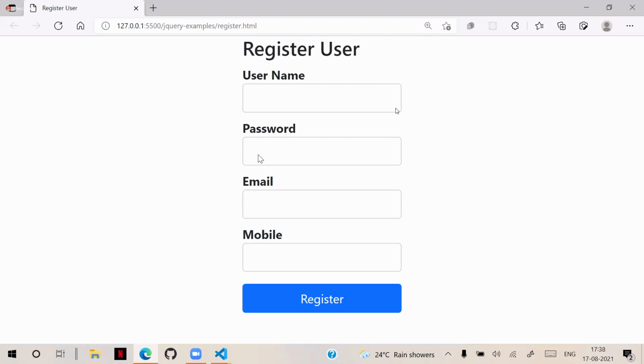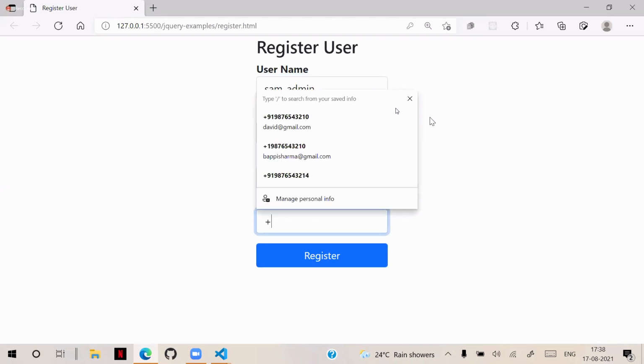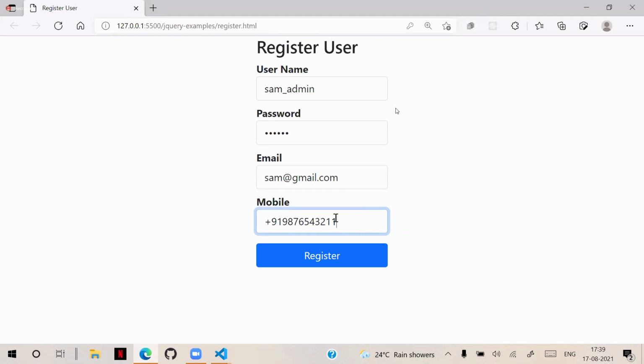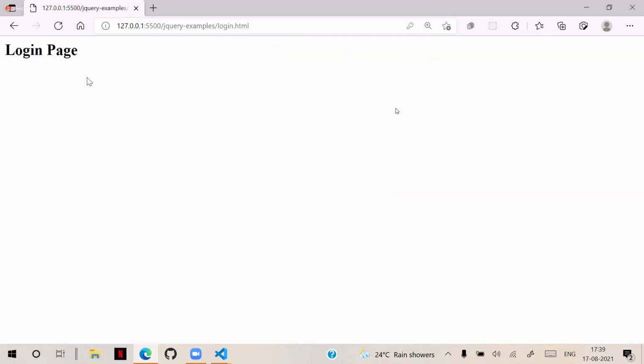Once the registration is completed, suppose Sam_admin is the username, password is Sam123, email sam@gmail.com, mobile +91 98765432111, like this. Click on register. Then it will say registered successfully and it will take us to the login page.